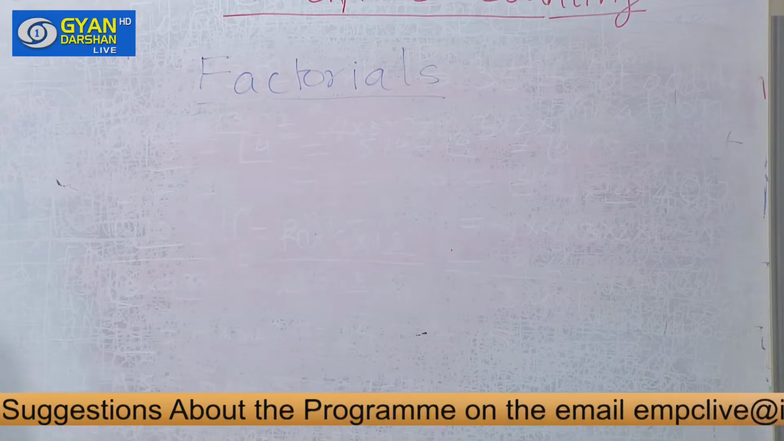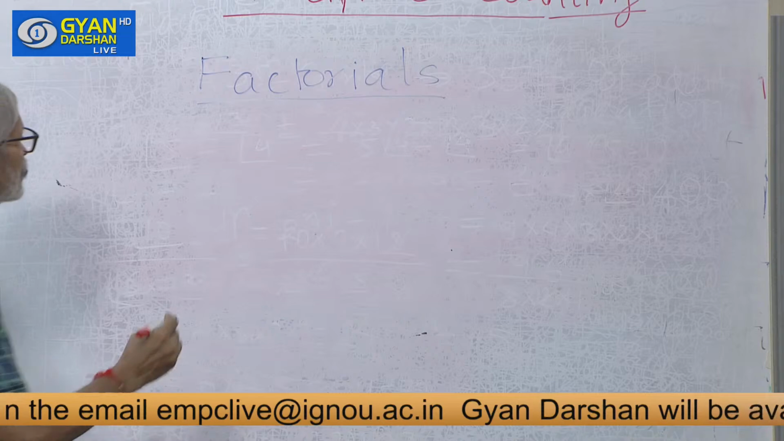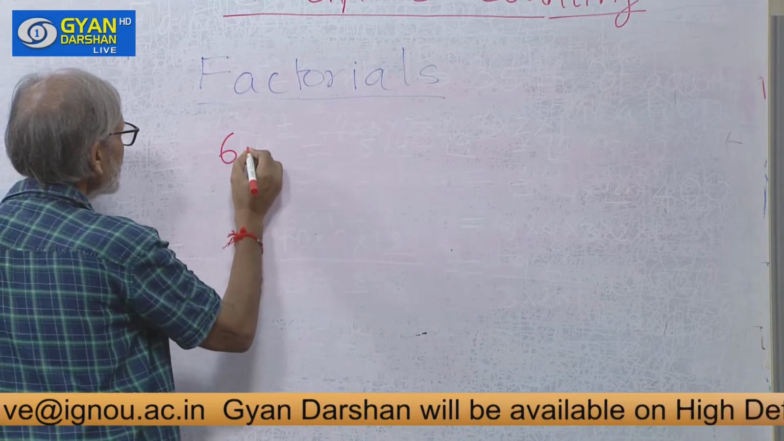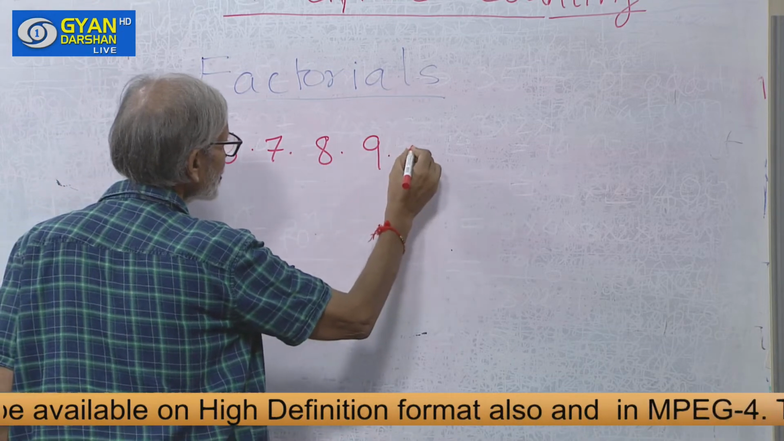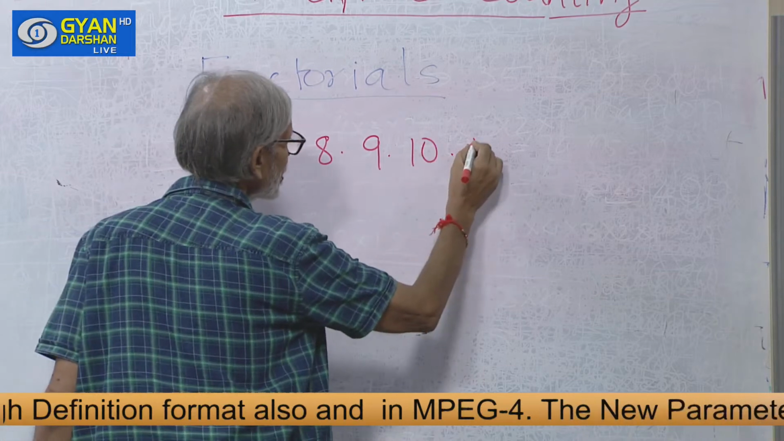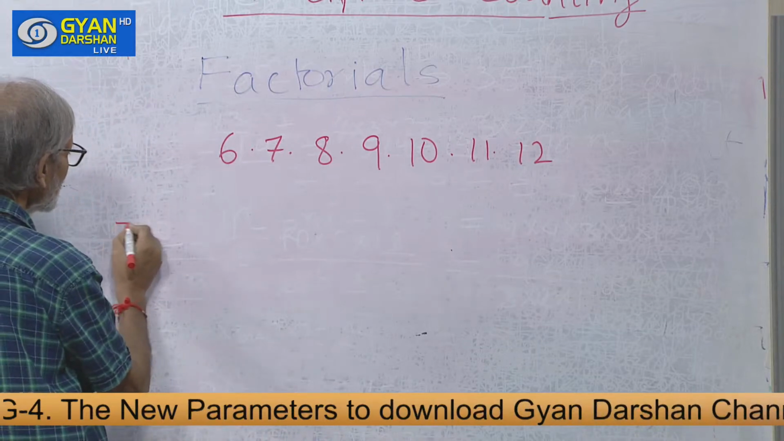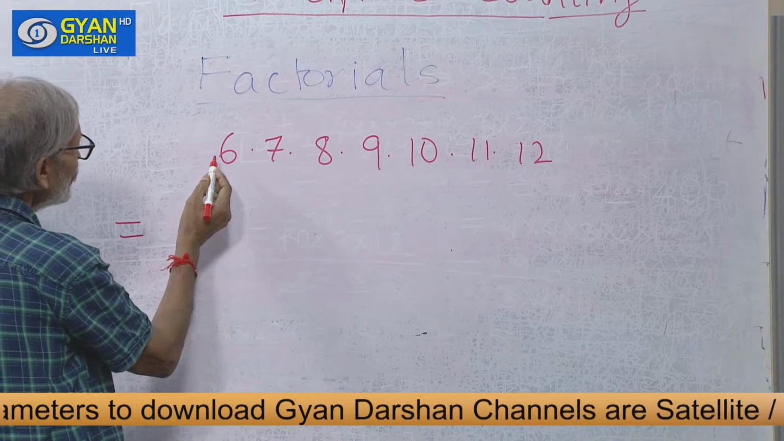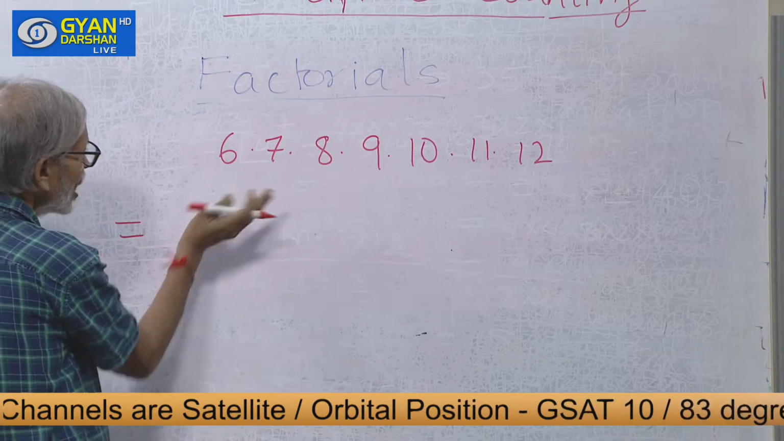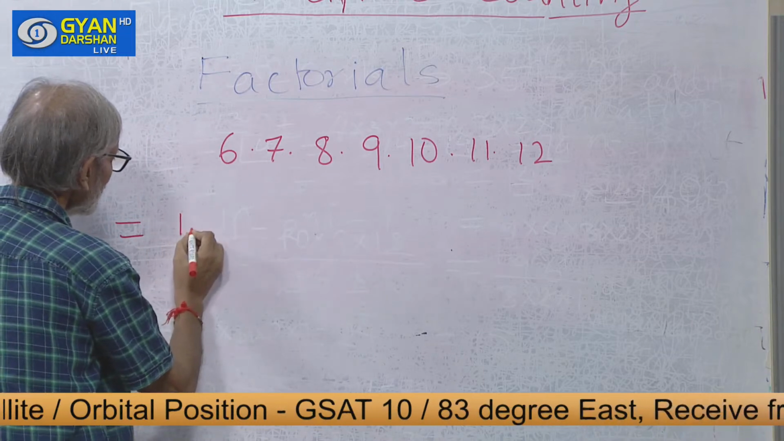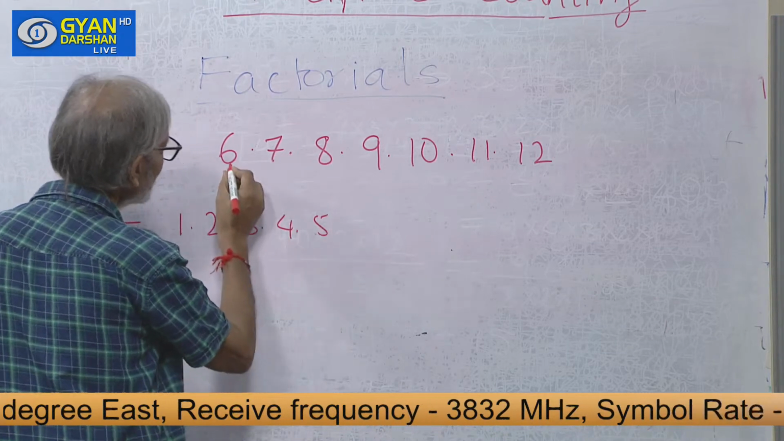We have a number in multiplication that is equal to 6 into 7 into 8 into 9 into 10 into 11 into 12. So, we can write it starting from 1 to 5. We multiply in the numerator and denominator also. So, this will be equal to 1 into 2 into 3 into 4 into 5, and then we will continue